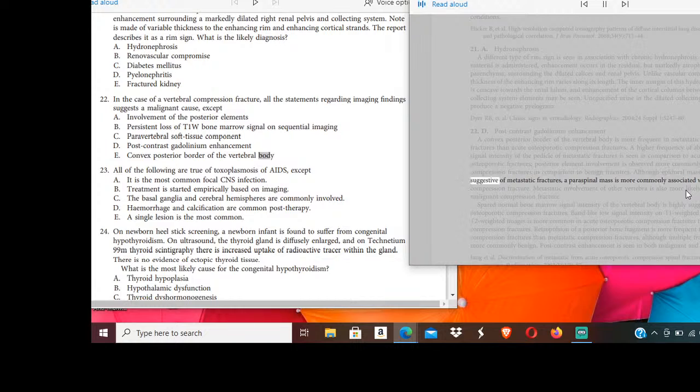Although epidural mass was suggestive of metastatic fractures, a paraspinal mass is more commonly associated with metastatic compression fracture. Metastatic involvement of other vertebrae is also more likely to suggest malignant compression fracture. Spared normal bone marrow signal intensity of the vertebral body is highly suggestive of acute osteoporotic compression fractures. Band-like low signal intensity on T1 weighted and T2 weighted images is more common in acute osteoporotic compression fractures than metastatic compression fractures. Retropulsion of a posterior bone fragment is more frequent in osteoporotic compression fractures than metastatic compression fractures, although multiple fractures are more commonly benign. Post-contrast enhancement is seen in both